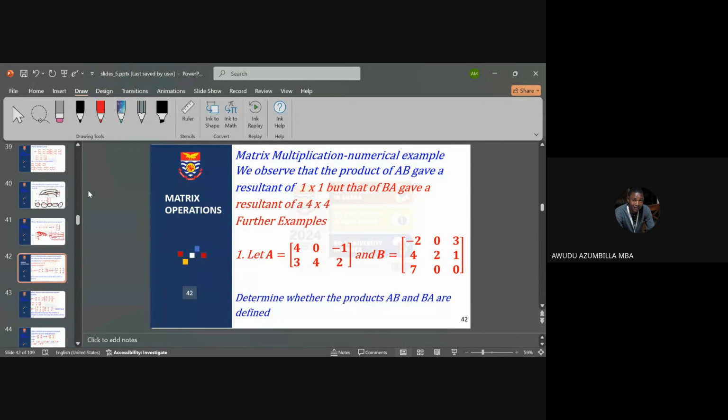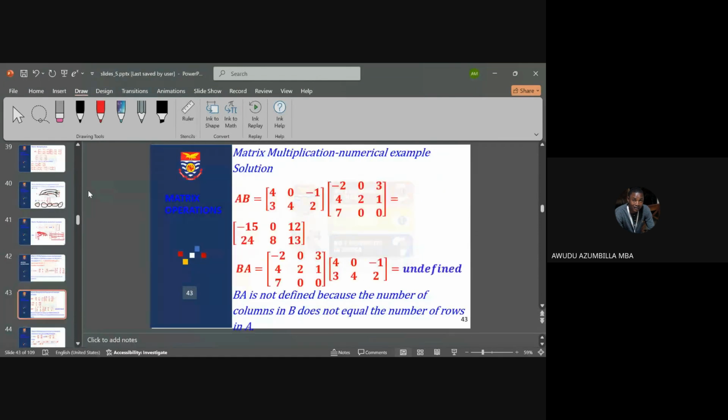Let's look at a further example. Let A be a matrix, and B is also a matrix. We are going to determine whether the products AB and BA are defined. Can we actually find a solution to them? Okay, so if you are going to define A and B,